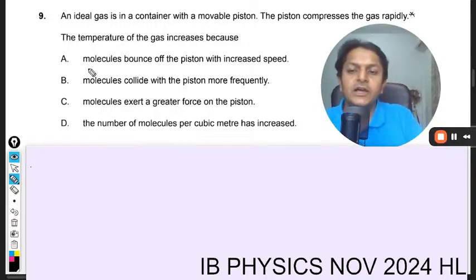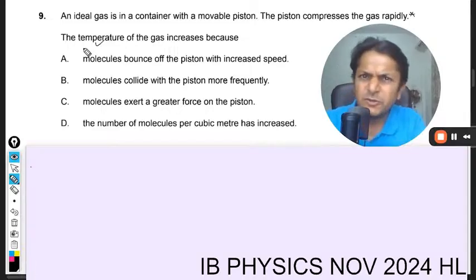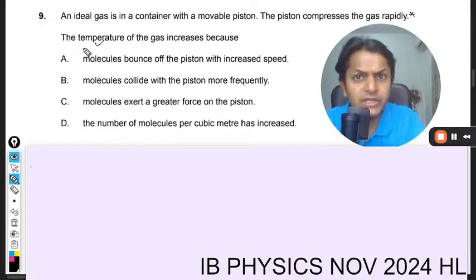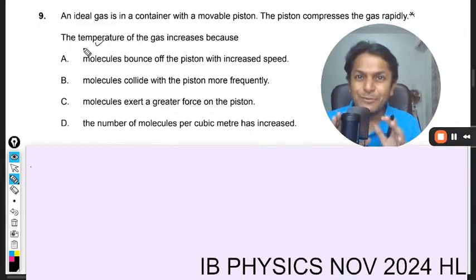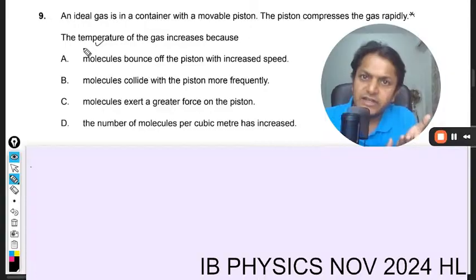Why? The molecules bounce off. Of course, the temperature of the gas will increase. PV is equal to nRT, and like you know what is happening in adiabatic process, what is happening in other processes. So of course, when such a kind of thing happens, it usually acts like an adiabatic process, by the way. So the temperature will be increasing there. Now the question is,